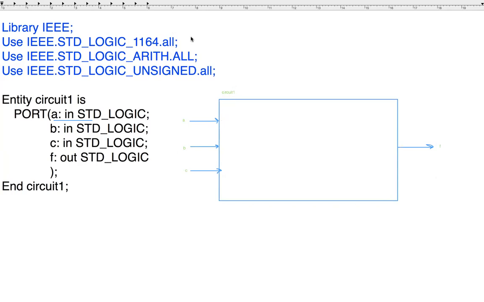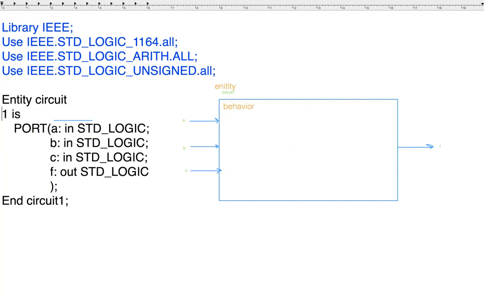What's going to happen in here is now the behavior. So what we're going to write for the architecture behavior is everything that's happening inside here, where the entity is on the outside. That's what's coming in and what's coming out of this entity, which we call circuit 1. Okay, so next in our coding here, we're going to have the architecture,